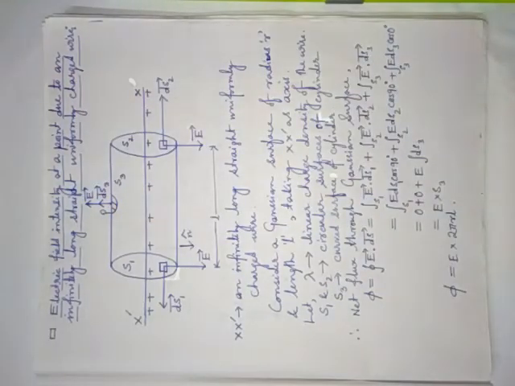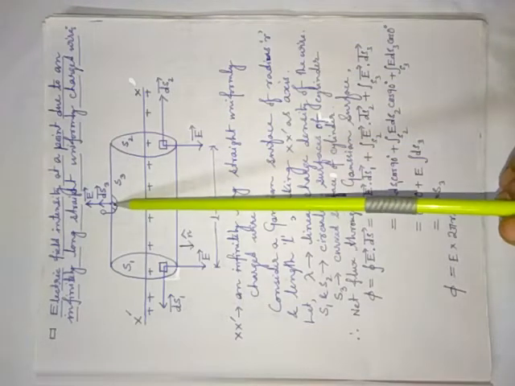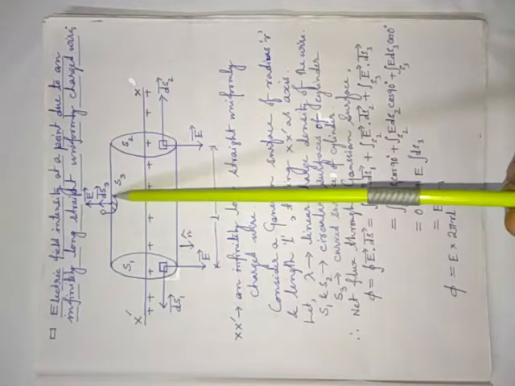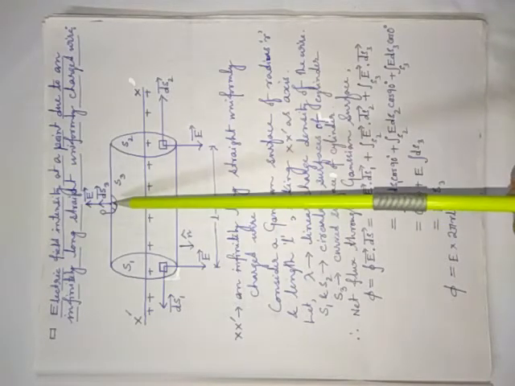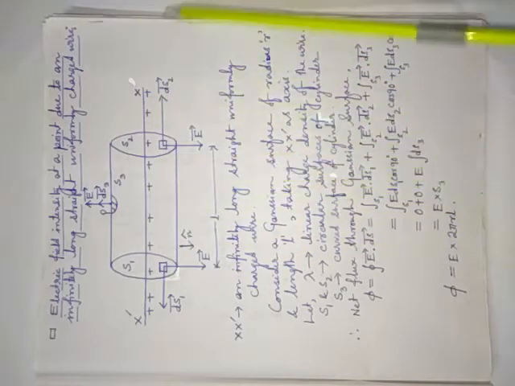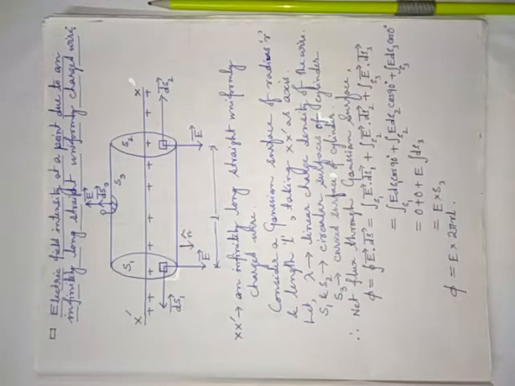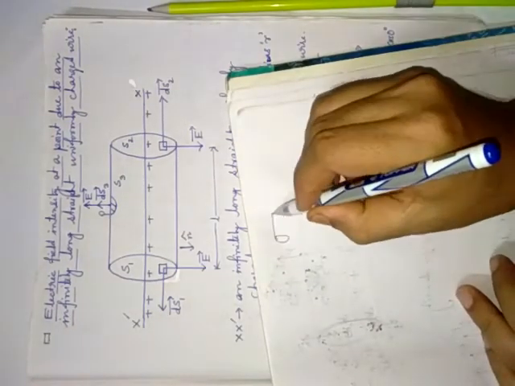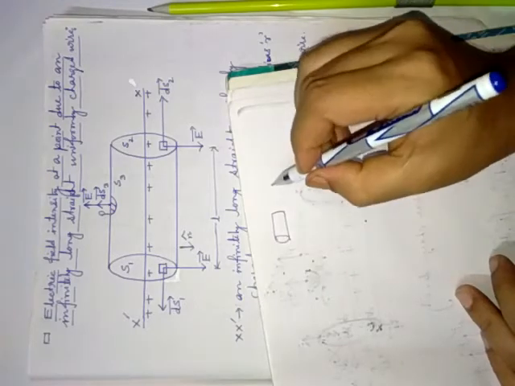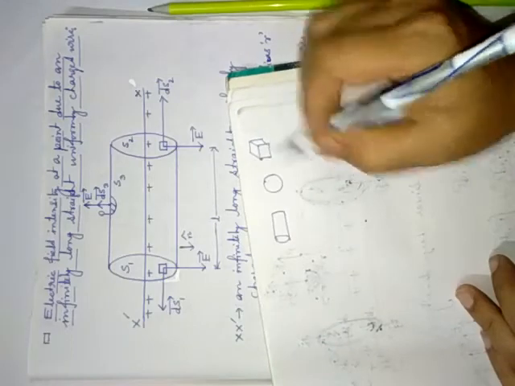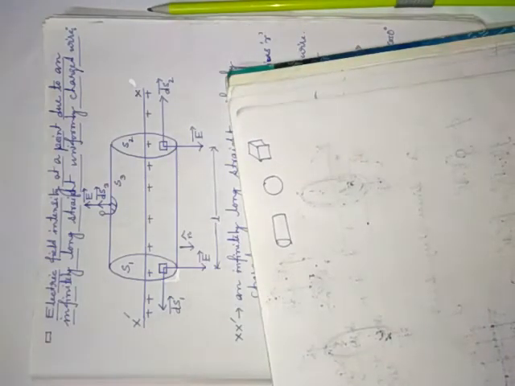Now see, electric field at point P means you have to consider a Gaussian surface through point P. But which Gaussian surface? I already discussed, if you have to apply Gauss's law, then you require one Gaussian surface. A Gaussian surface means a regular shaped closed body. You can take a cylinder, a sphere, or a cube as a Gaussian surface, whichever is easier to apply.